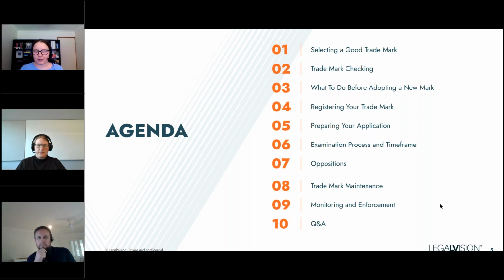By way of context for our viewers, IP Australia is the government department responsible for the registration of IP rights and the administration of IP legislation in Australia. From a trademarks perspective, this means that everything to do with trademark registration is done by or with IP Australia, including applications to register trademarks, examination of trademark applications, hearing of oppositions to trademark applications, and recording renewals and assignments